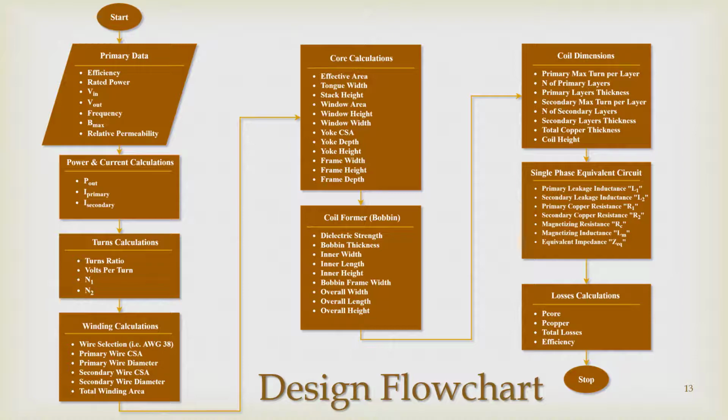Now regarding the transformer design methodology, we came up with this flowchart to have a clear view of the design procedure, starting off with the primary data which relate to our project specification. We proceed to calculate the power and current, then turn ratio and winding calculation. After that, we calculate the core dimension and coil former. Then we proceed with the coil dimension and single phase equivalent circuit. Finally, we end off with the calculation of the losses of our solid-state transformer. Now, I will leave you with my colleague